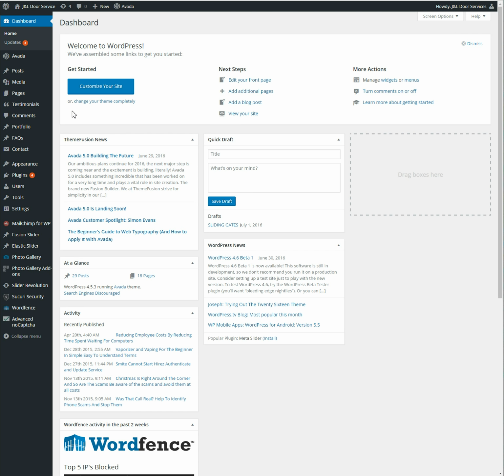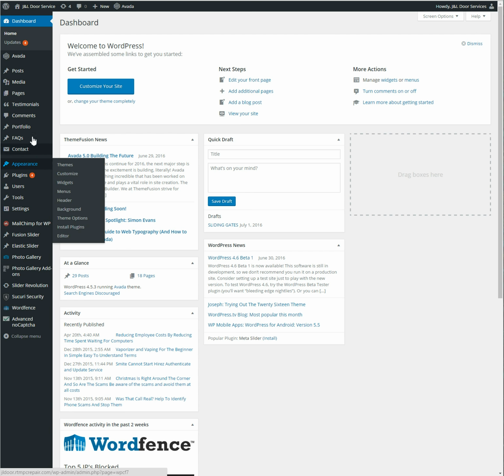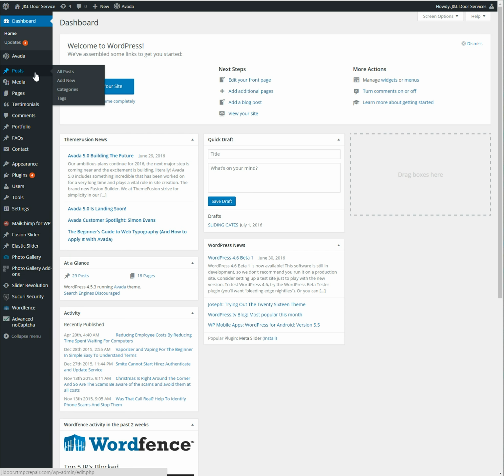The majority of what you're going to be doing is right here on the left side. It says posts, media, and pages. Obviously there's a lot of other things over here, which you can dig into if you want to. Some stuff you really may never need to touch. A couple things, like you may want to change the gallery later on, and we can cover that whenever the time arises. But everything in WordPress is really pretty straightforward. So for the most part,